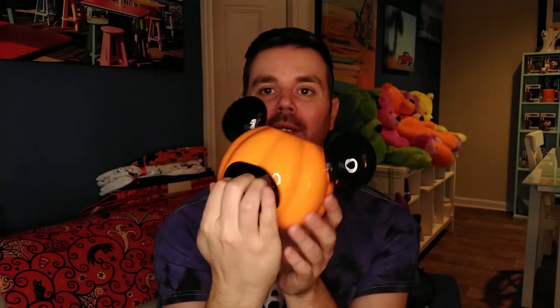Here is an early purchase. This I got in early July. This is the Mickey Mouse little tea light candle holder. The little light goes in the back here. This one I don't remember the price. Took the price tag off of it. I want to say this was probably,